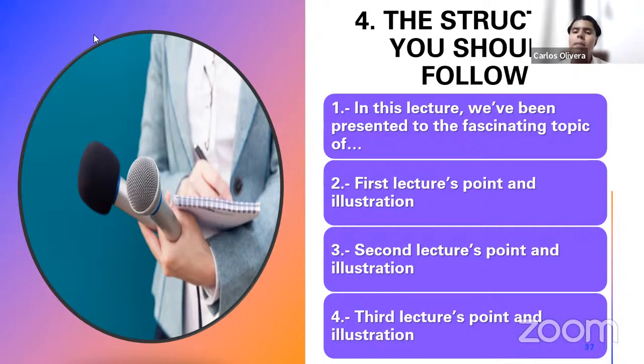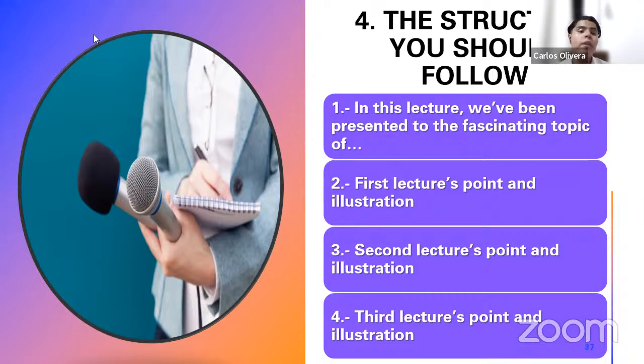So notice how the professor once again gave an idea of some fishes that have extreme organs reaching extreme positions and gave the example of the spookfish. So trust me, it's always organized that way, and following that is also going to be your response. You mention the introductory phrase, you refer to your main idea, and then you mention the first point the professor made, the illustration he offered, then you move on to the second point the professor made, the illustration he offered, and finally, you go with the third